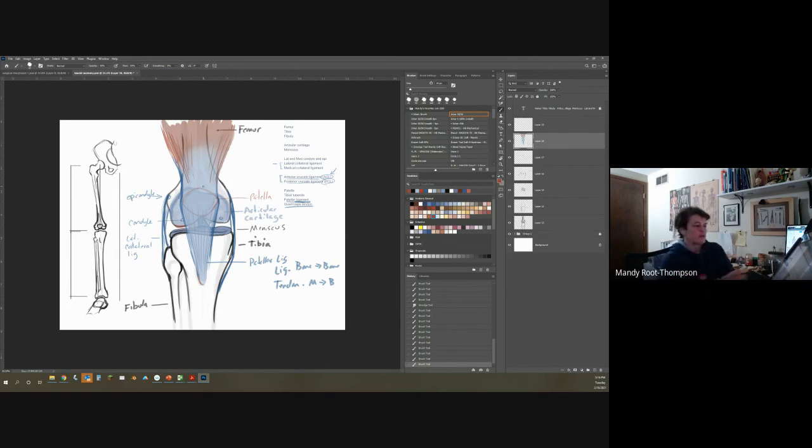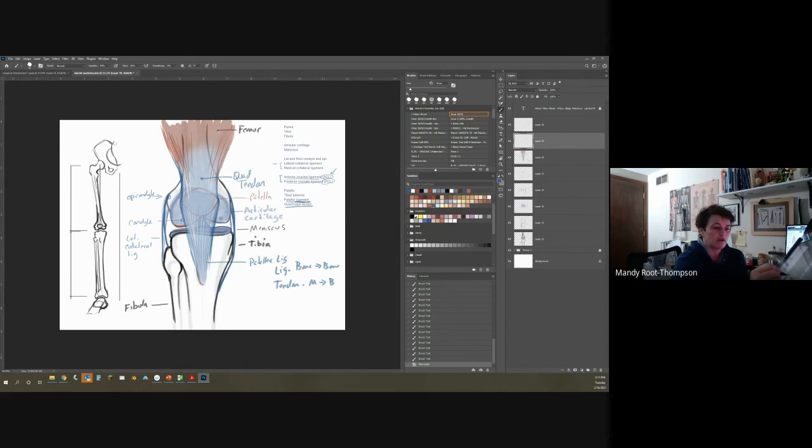So you get the idea. This is a quadriceps tendon. Okay, so that's kind of a very basic anatomy of the knee. One other thing that you do have is